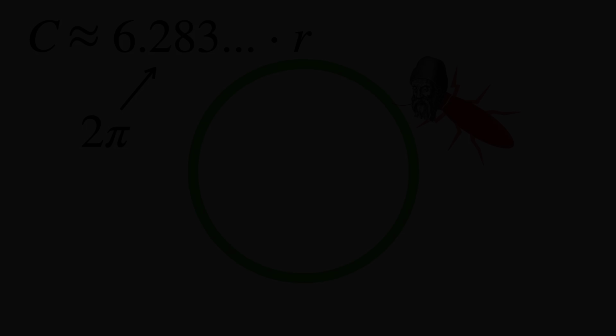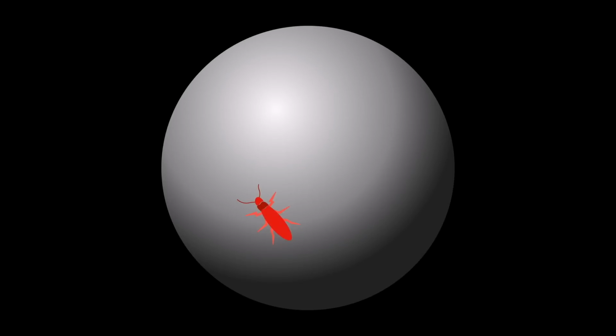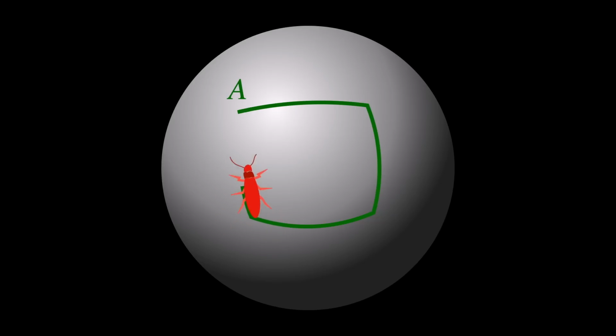What about the other bugs? Well, the bug on the sphere tried to make a square, but ran into some technical difficulties. He started at a point A and drew what he calls a straight line in any direction. Then, he turns 90 degrees and makes another straight line with the same length. Continuing this process will not allow him to close the square, ending exactly where he started, at point A. If you do not believe me, get yourself a sphere and try it out.